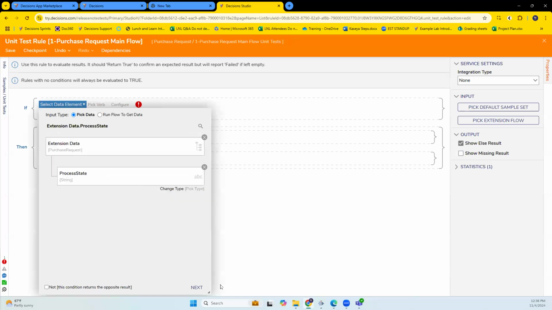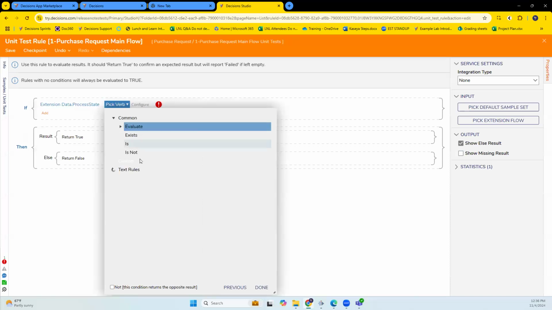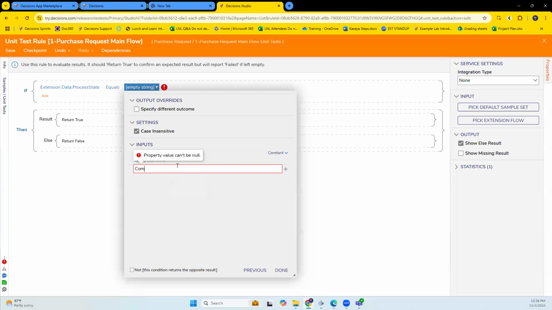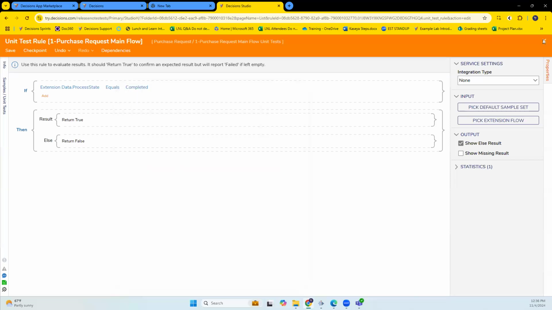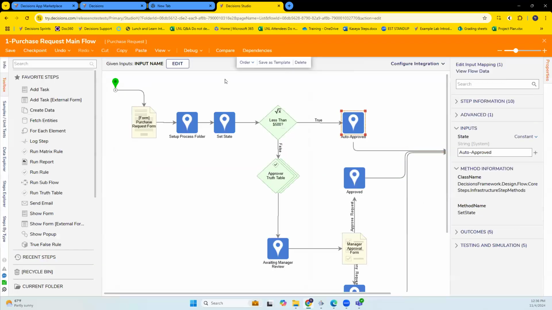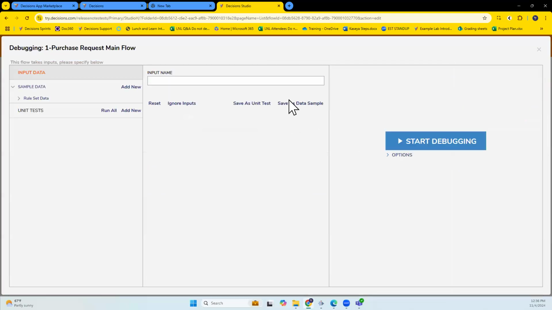You can look at the process state. At the end of when you run your flow, does the state equal completed? And you have to have your set states, like on this particular project, auto approved, right? If I put in a certain value,